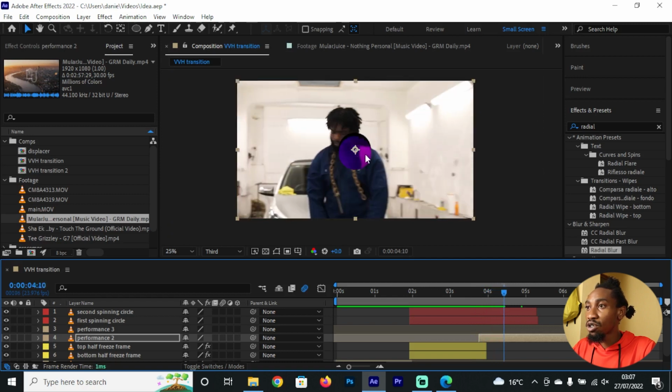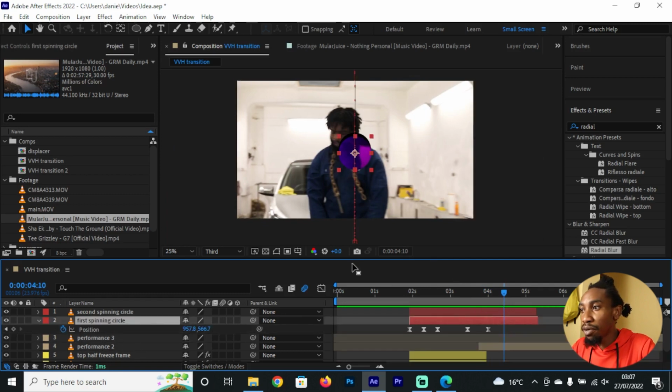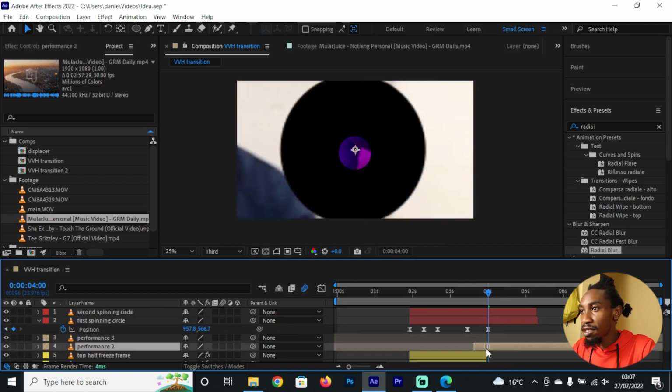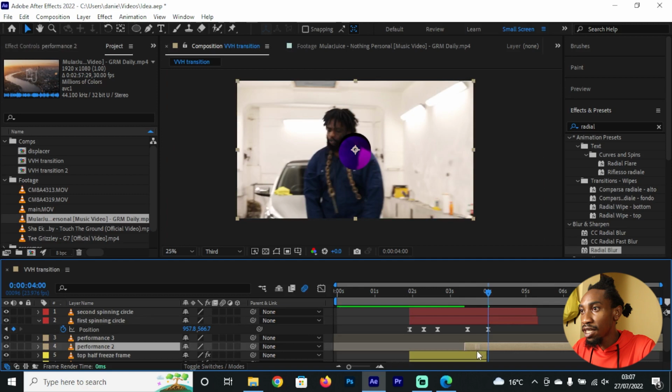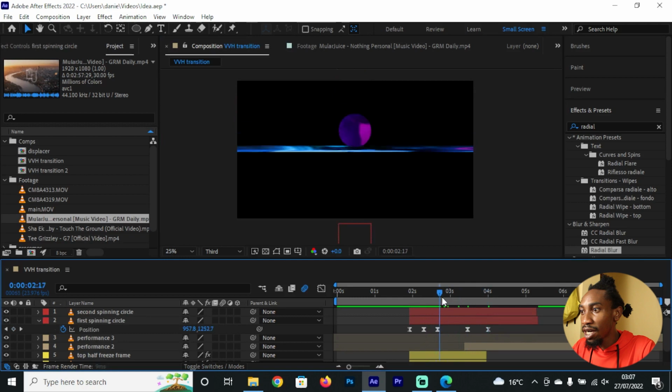Okay, so we can see it's not perfectly in the middle. We need to go to our spinning circle which comes to the central part, hit P. Let's go on our last keyframe, and then let's bring this here until it's right here. So let's position this other circle such that it fits perfectly into our circle. Like that. Now if I play it back,